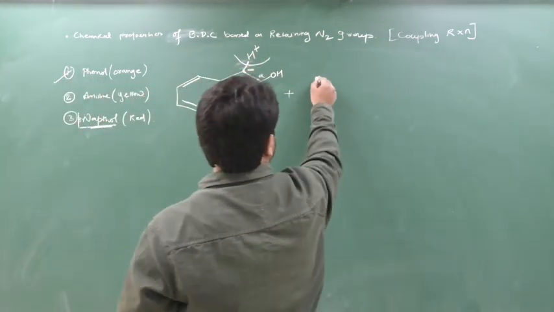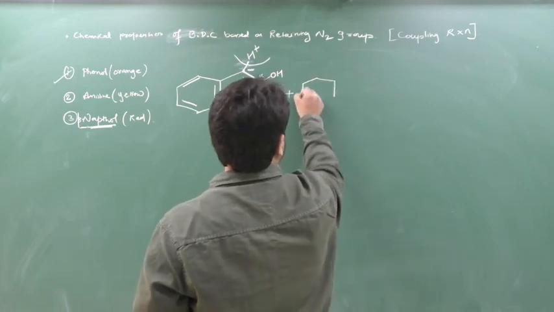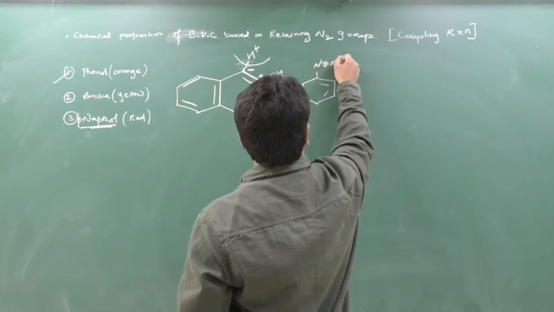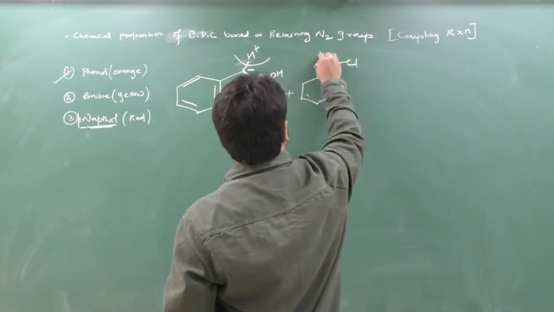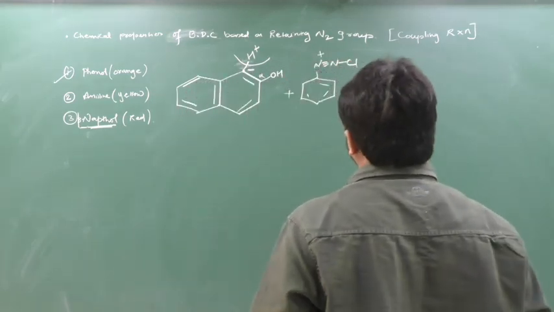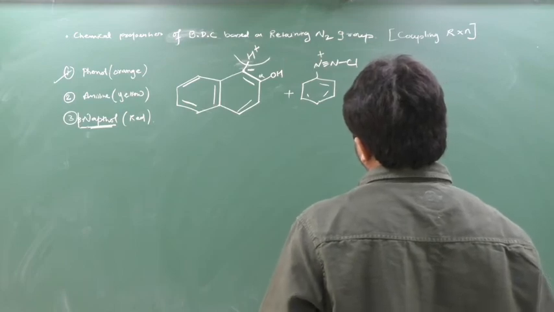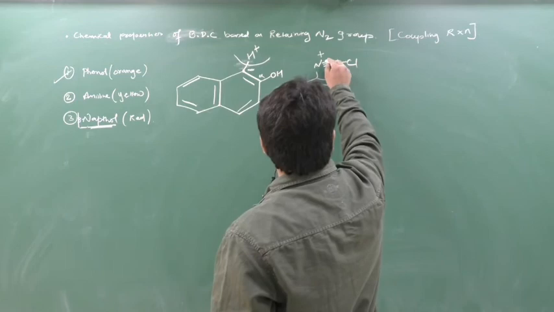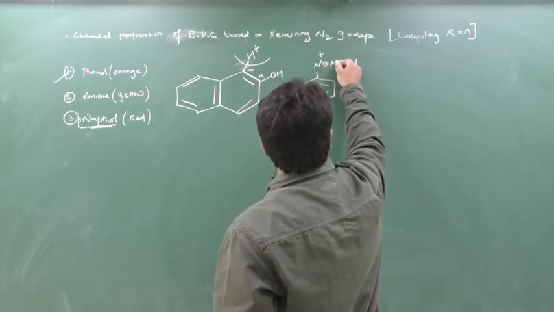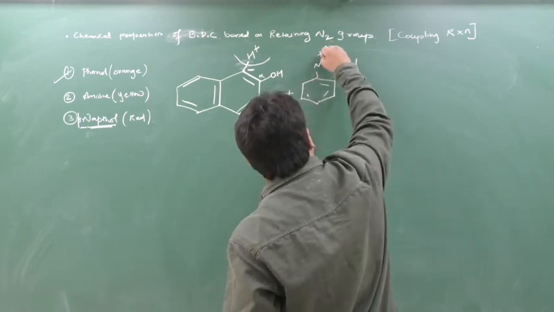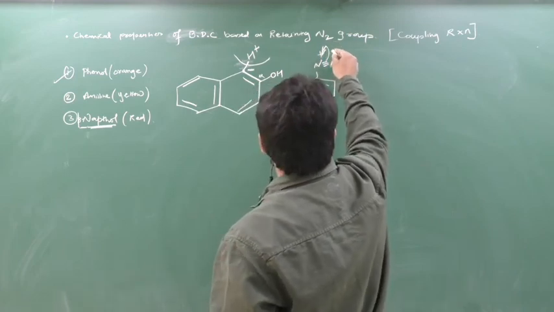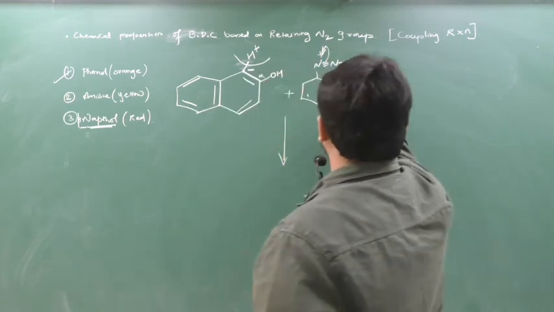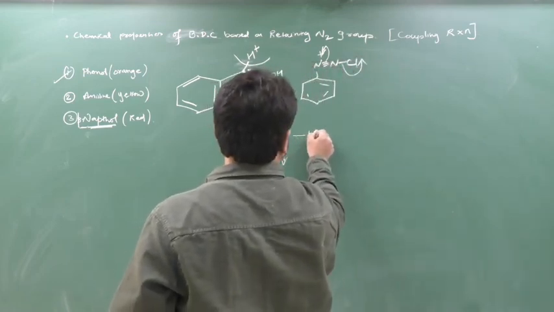Now benzene diazonium chloride will come here. So this is benzene diazonium chloride, with triple bond N and Cl. Here is a plus sign. Yes, here plus sign, so it needs an electron. So this nitrogen will give one of its bonds to it, so this plus sign is satisfied. This Cl will move as Cl minus. So this Cl minus and H plus will move as HCl.